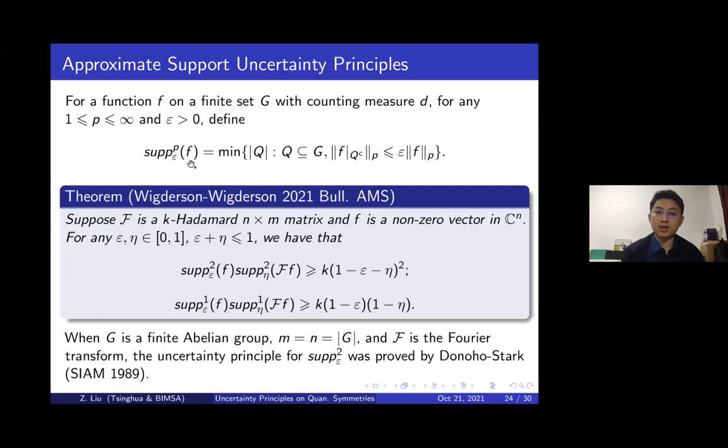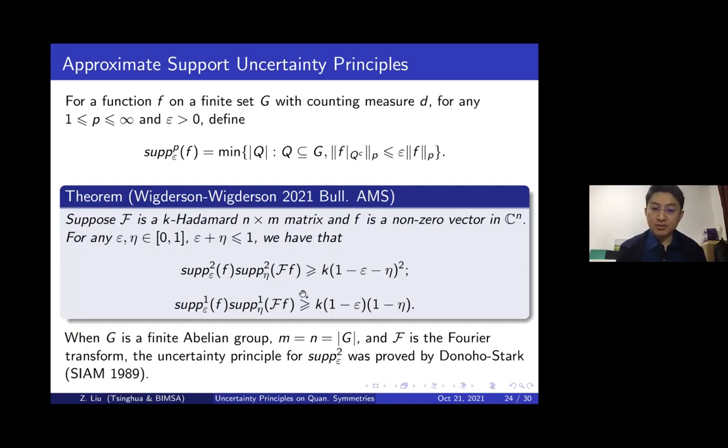And mathematically, we can define this support up to epsilon, with respect to the p norm. So that means we take a smaller supporting set Q, so that the function on the complement of Q has a very small p norm, meaning it's smaller than epsilon times the original p norm of f. And then using this support up to epsilon,